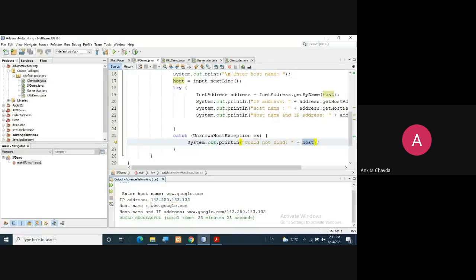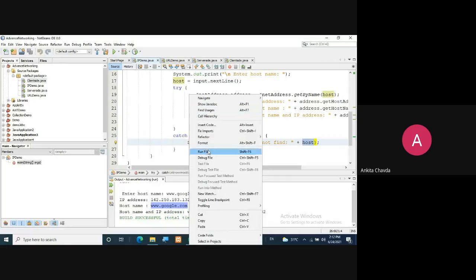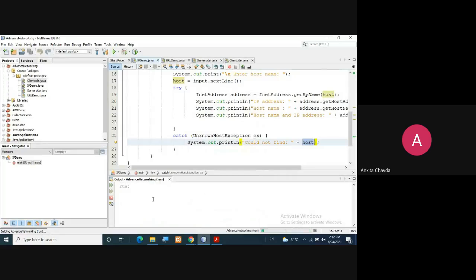Host name is www.google.com. And it will give me host name plus IP address together. Again, if I run and I give any fake name, such kind of website is not there, it will directly go to this catch and it will print could not find this host, whatever you have given.